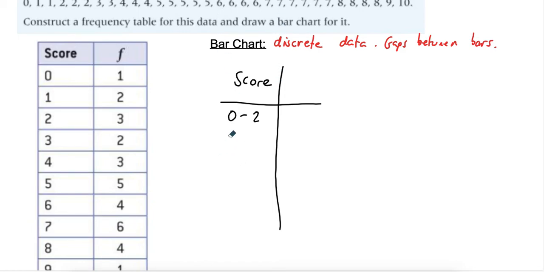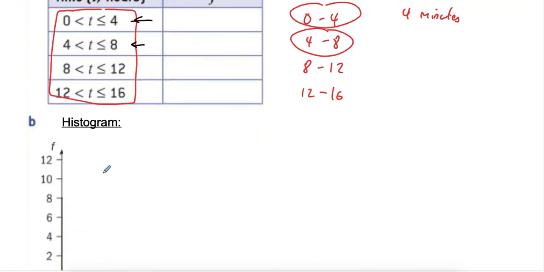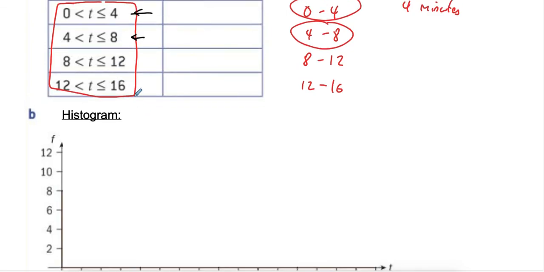Okay, so with discrete data, because you can't have a score of 2.5 in this case, 3 to 5 is fine, and then 6 to 8, and then 9 to 10, and it's up to you. You might not have exactly even intervals, but that's fine, so long as the notation is correct like this. But for continuous data, you need to use this notation. Now, histogram is for,